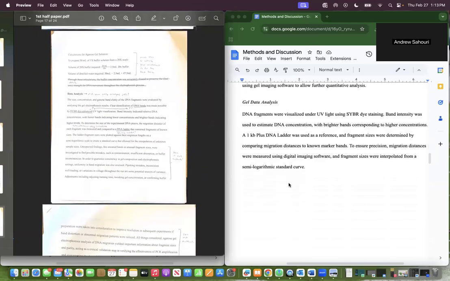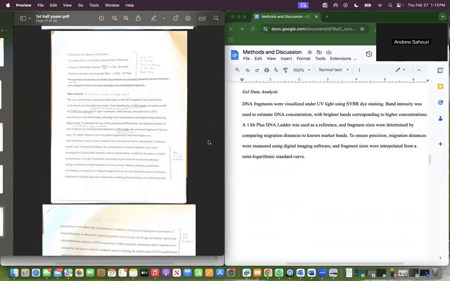And then moving on to data analysis. Did we only analyze gels? Yes, we did. So that's why I clarified gel data analysis and not just regular data analysis. Clear identification of DNA bands was made possible by SYBR dye enhanced, and that was a question mark. So I clarified that DNA fragments were visualized under UV light using SYBR dye staining. And then band intensity was used to estimate DNA concentration,